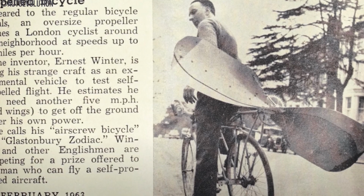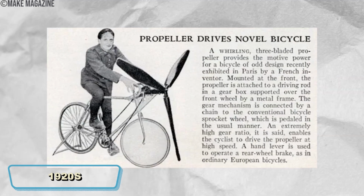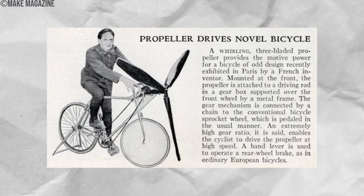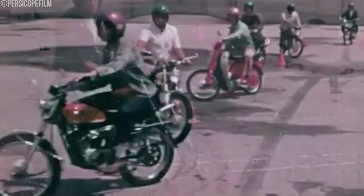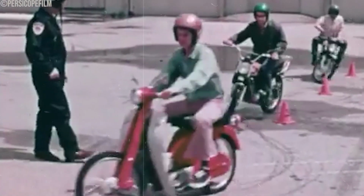These motorcycles were short-lived, and most disappeared by the 1920s. The main reason for their removal was the high risk of injury from the exposed propeller, which made them impractical for everyday use. As motorcycle technology progressed, safer and more efficient propulsion methods, such as the chain and belt drives,